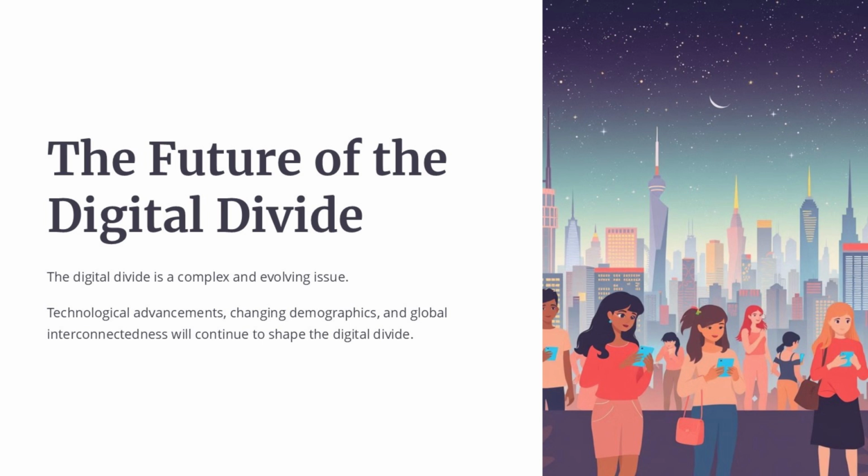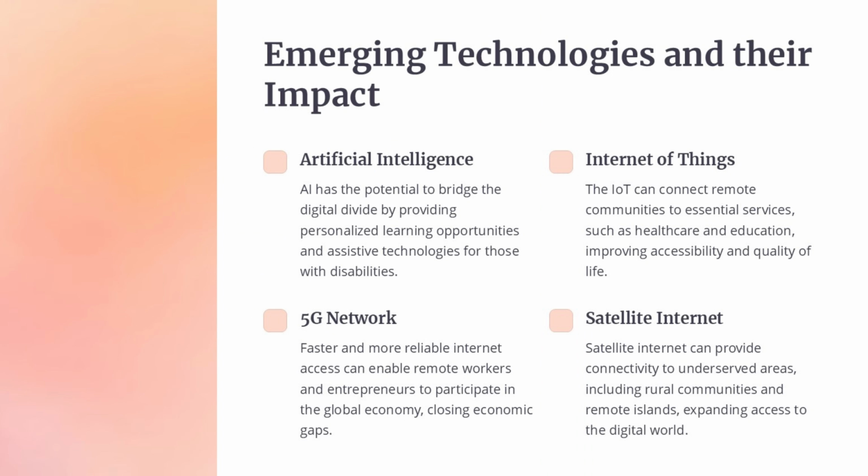more inclusive digital landscape. Emerging technologies like AI, IoT, 5G, and satellite internet have the potential to bridge the digital divide and improve accessibility for underserved communities. AI can provide personalized learning opportunities and assistive technologies for those with disabilities, empowering them and creating more equitable access to education. The IoT can connect remote communities to essential services like healthcare and education, improving their quality of life